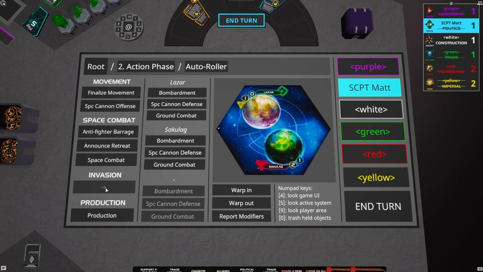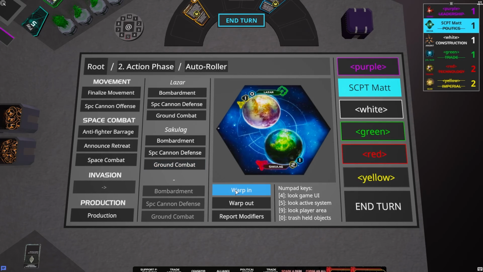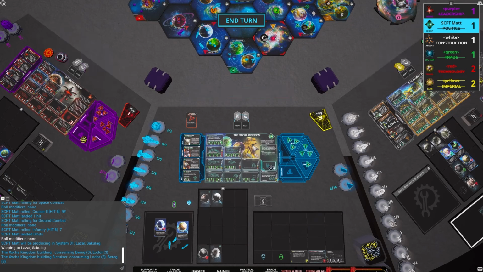Once you want to go down to the ground combat, you come over to individualized planet sections for bombardment, Space Cannon Defense, and ground combat. Additionally, on this tool, you can warp in and out units so that you can kind of isolate the visual information on the screen and send all of the relevant units onto this board rather than on their tile on the map. And finally, you can announce that you're doing a production step,